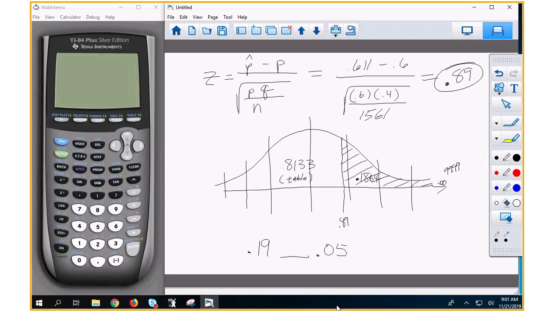I'm wanting somebody to interact with me here. So the P is what? The P is high, so the H-naught will fly, which means what? You accept the null hypothesis, or you fail to reject. So if it'll let me write it, you're going to accept the null hypothesis. Now, let's do it on the handy-dandy calculator.